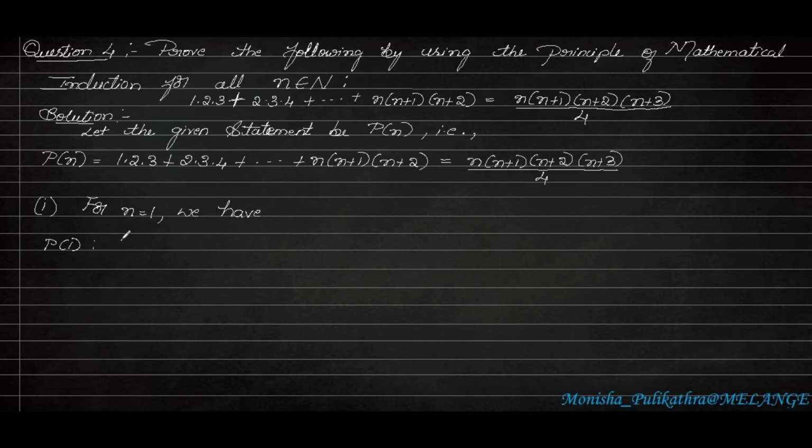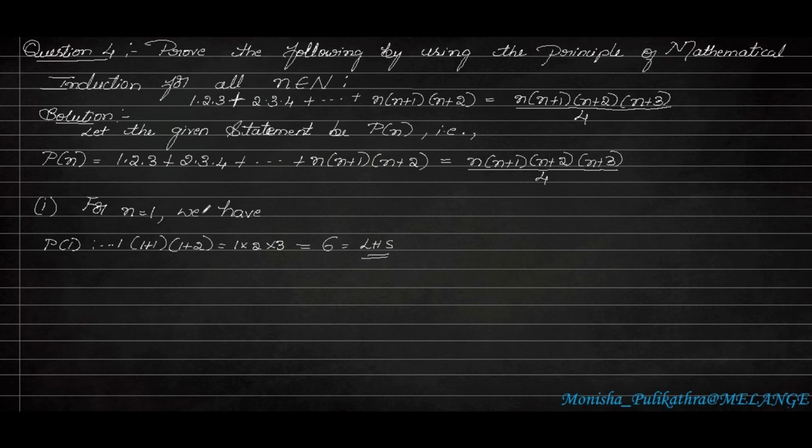So p of 1 is 1 into, so the whole thing will become, n will become 1. So in the last part, I'll be taking it. So it will become 1 into 1 plus 1 into 1 plus 2. So up to here we have to take. So this up to this line, I am just omitting it. Only the last thing I am writing here. Okay. 1 into 1 plus 1 is 2 into 2 plus 1 is 3. Okay. So 3 2s are 6. So 6 will be the LHS for us.